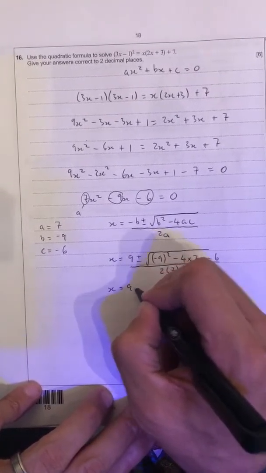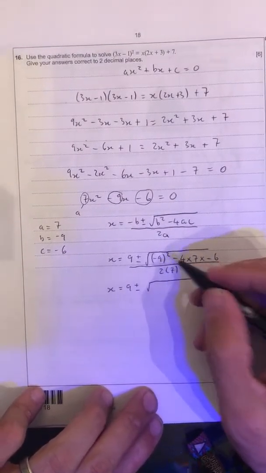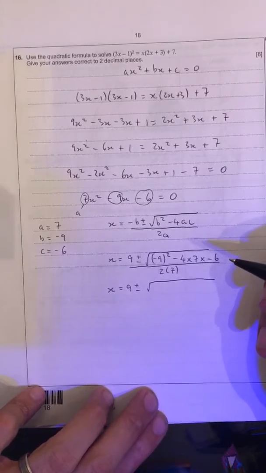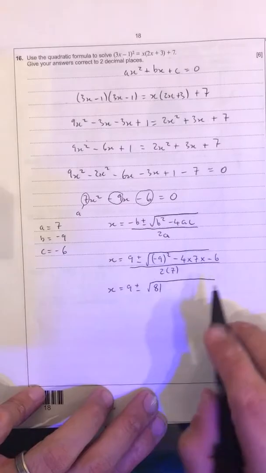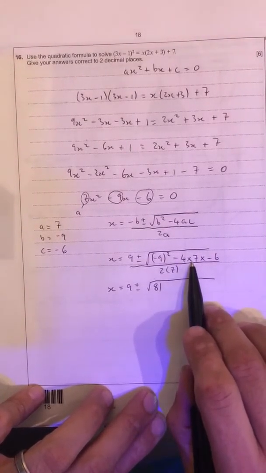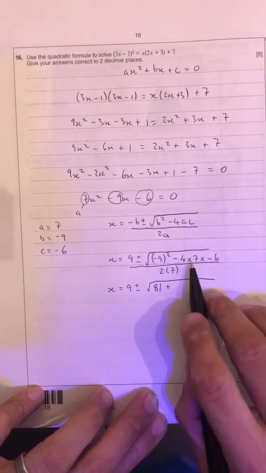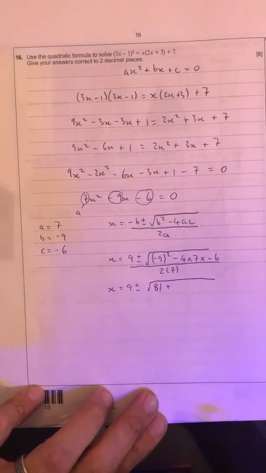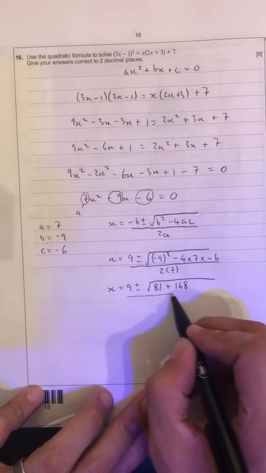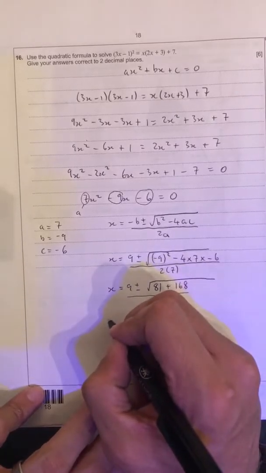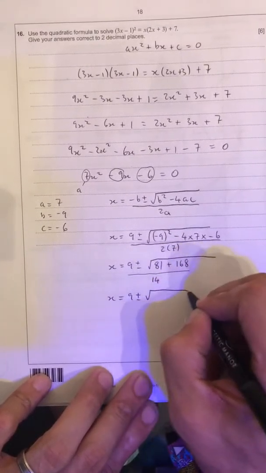So again, let's work out what's underneath the square root. So we've got minus 9 all squared. So that means minus 9 times minus 9. Minus times the minus gives me a plus. 9 times 9 gives me 81. And then I've got minus 4 times 7, which gives me minus 28. And then I'm times it by another minus, which would turn it back to a plus. 28 times 6 gives me 168. And then that's all over 14. So x is equal to 9 plus or minus the square root of